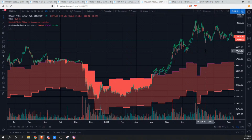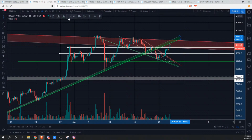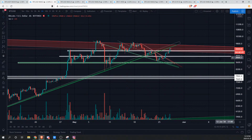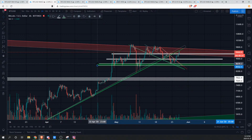Yeah, I completely agree. $8,500 is going to be the floor of this current consolidation. If it breaks below that zone, actually, let's look at it on the 4-hour chart. I don't think we need all this stuff here. It's looking a little bit messy. Give me one moment while I clean it up. I'll just make this very faint because I do think that does still play a role in the current structure of the market. But I completely agree with you that the $8,500 zone is the floor of the current structure,